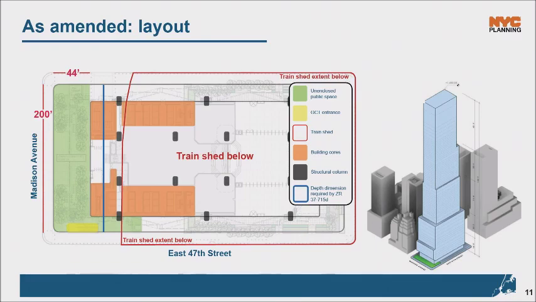I appreciate that they've had some real challenges in dealing with this site and the significant train infrastructure that's below, and that there's a lot of planning that probably still has to happen before they really know what they're building. But I have to say these images have significantly less detail than we usually see on an application of this sort. So if they could flesh in a little bit more detail at the ground level to indicate how the buildings will meet the public space and the sidewalks on both sides of the building, because my next question is, what are they planning on the Park Avenue frontage?